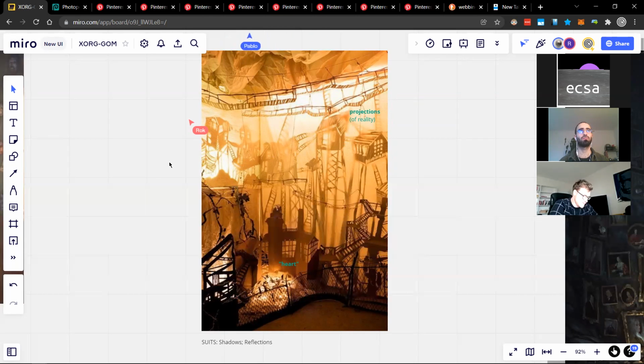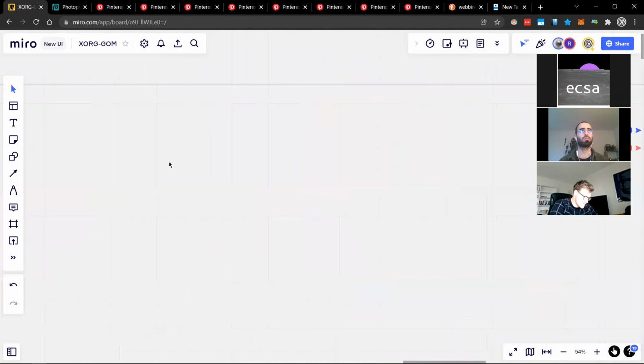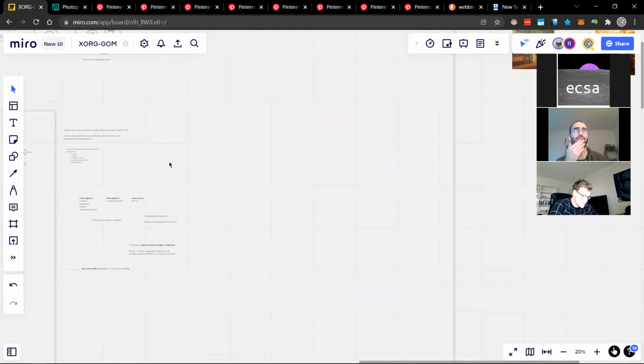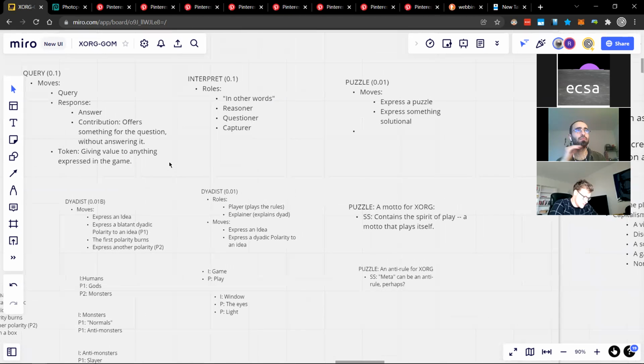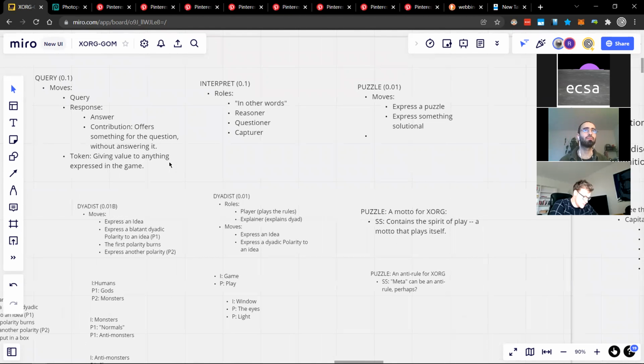And I would make a quick reference. Let's see if I can scroll fast enough to earlier sessions. We were playing with this idea that the meta is not really separated. Even this sort of conversation, say in an organization, is meta in itself. Adding game-like mechanics was an extension of that.